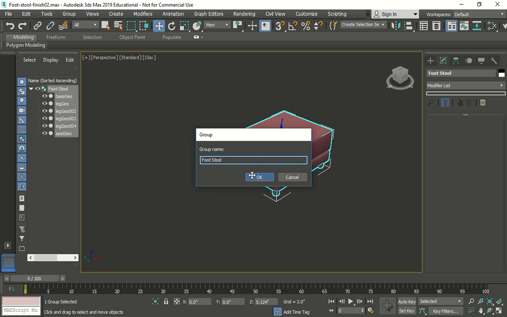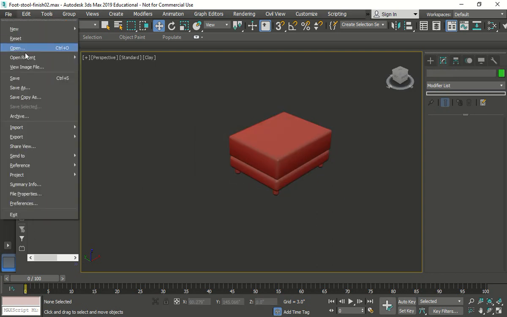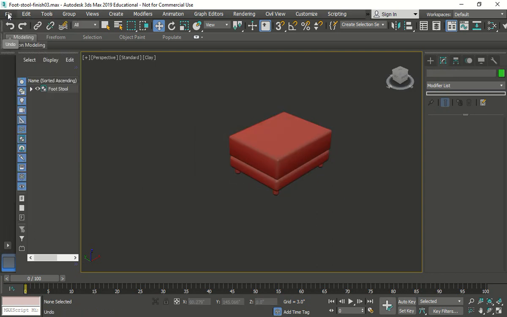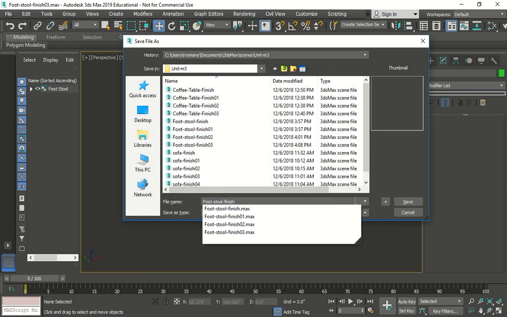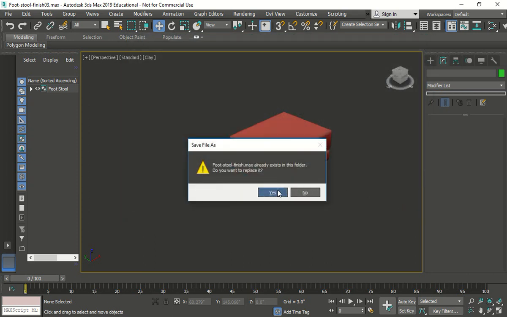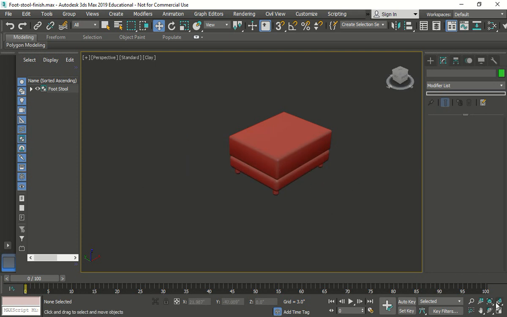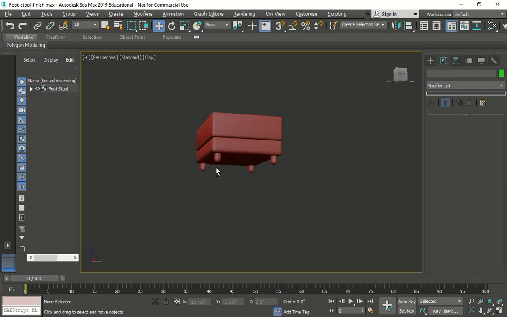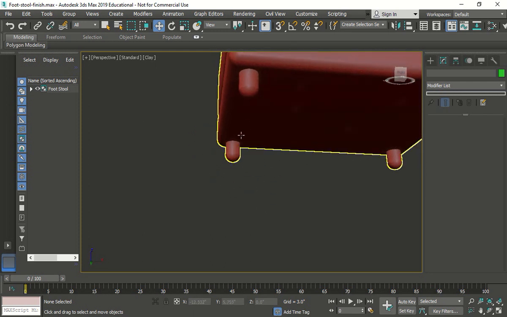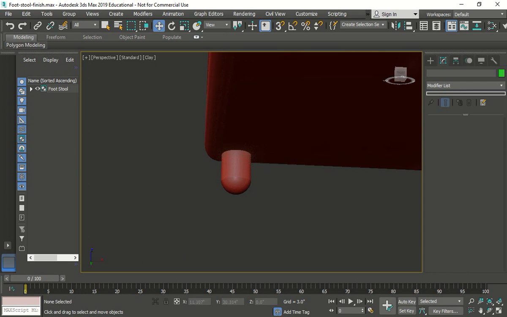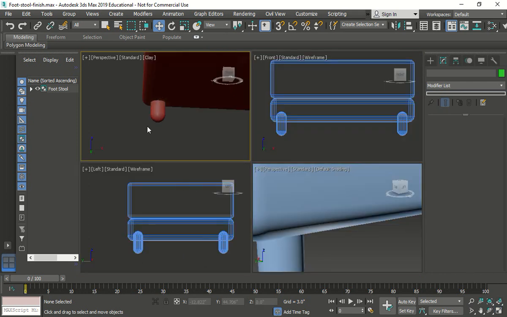Press save, do files, save again, and then you can do file save as, and call it finished once it's done. Replace it, and there you go. Like that, we've made ourselves the footstool, and it's completed. If I rotate around so you can see it, you see it goes in perfectly. It doesn't make too much of a difference if it's going in. Just make it so it's not sticking out. As you could see, when I did it in the top view,